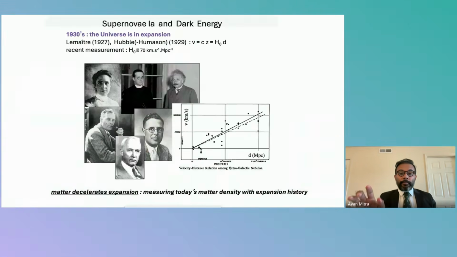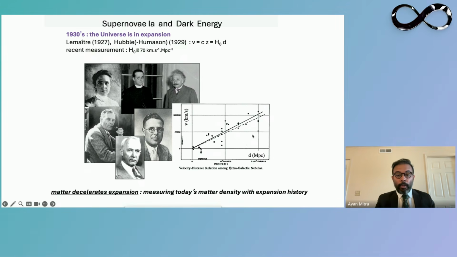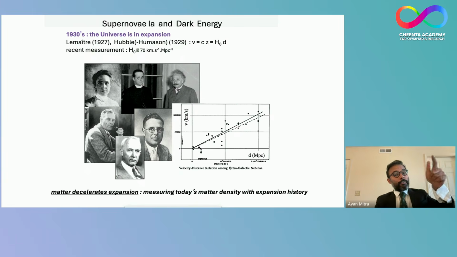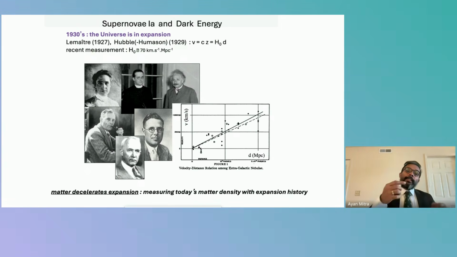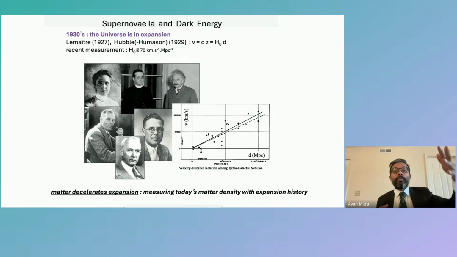And Lemaitre in France was also doing the same thing, and he had similar understandings. He came to the same conclusion. So basically, they had a very simple equation derived from their data when they plot. This is the original plot you see over here. V is equal to H naught d, where V is the velocity of recession of an object from us when they observe it multiple times over a period of time, and d is the distance of that object from us. So it's moving away, and V is the velocity with which it is moving away.